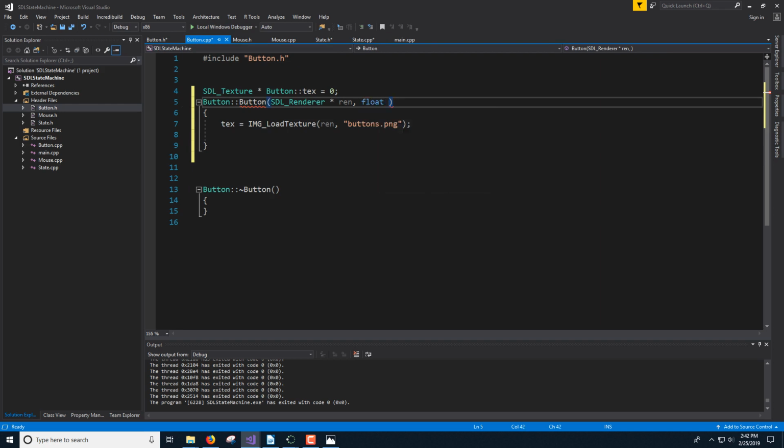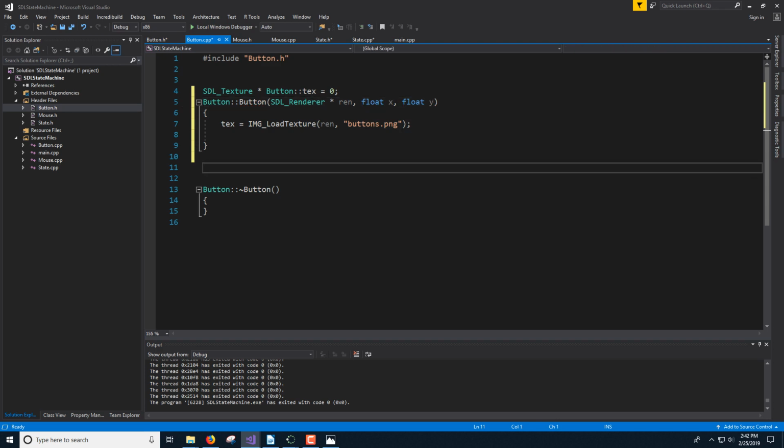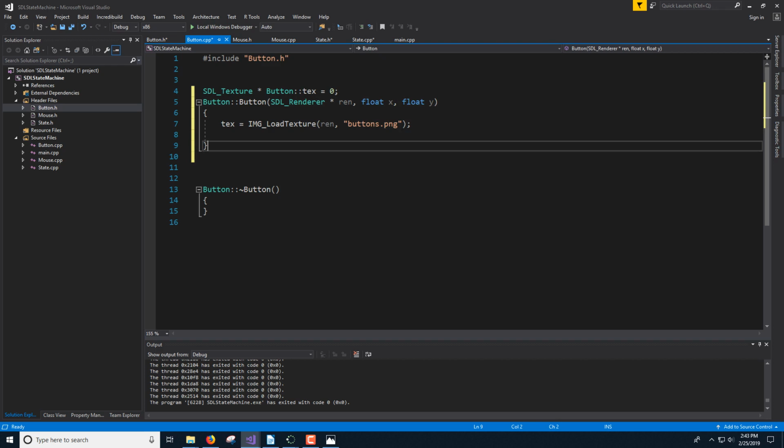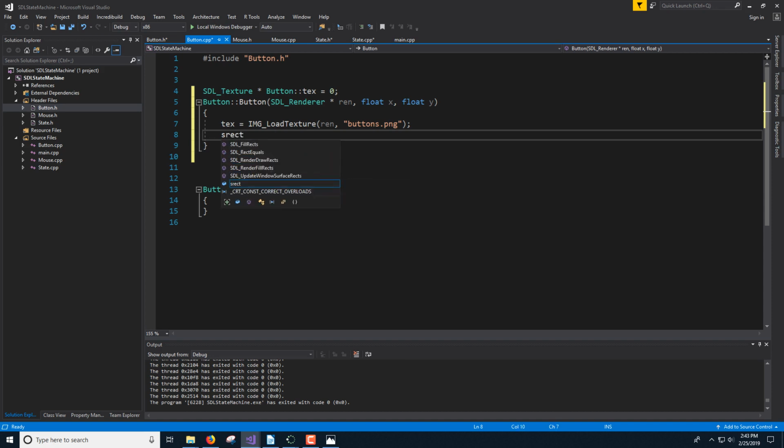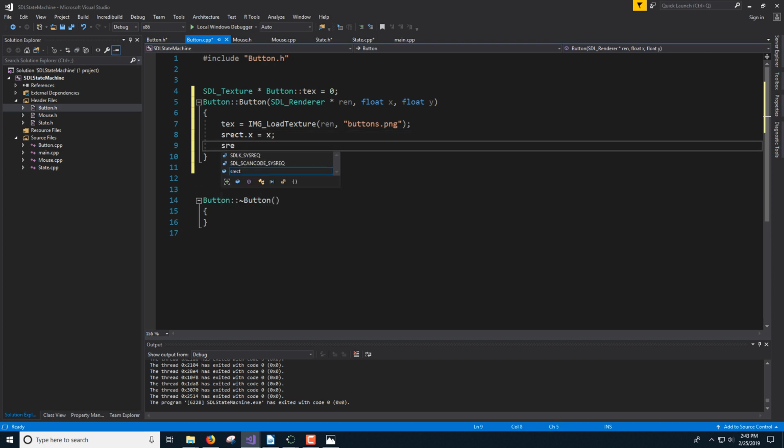Yeah, float X, float Y. All right, given that information, now we can say our source rectangle dot x equals x, y equals y,